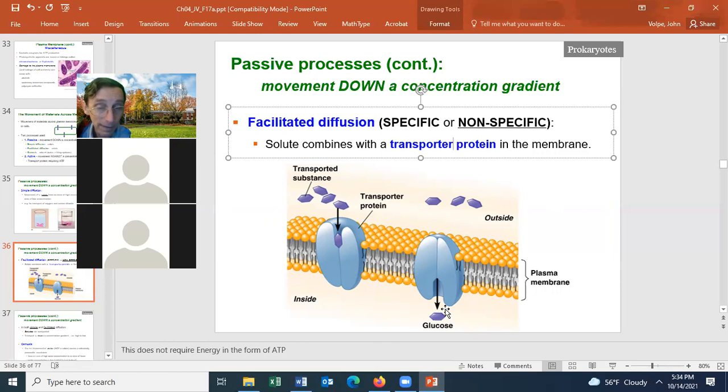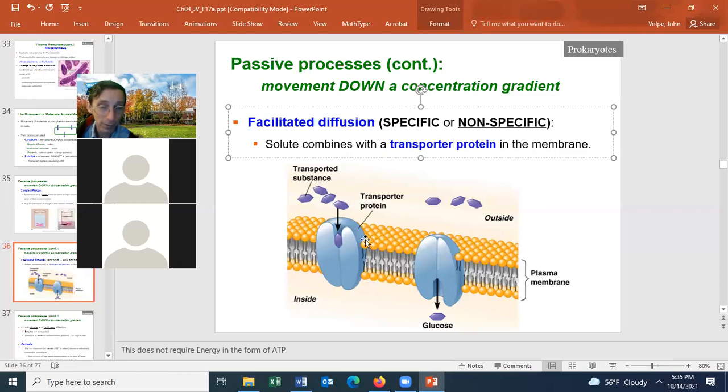fructose moves into the cell only by facilitated diffusion. Fructose can't move in by diffusion because fructose can't move through the lipid bilayer of the plasma membrane, specifically the nonpolar fatty acid tail portion of the bilayer. So fructose can only get into the cell by facilitated diffusion through a facilitated protein that I'm going to